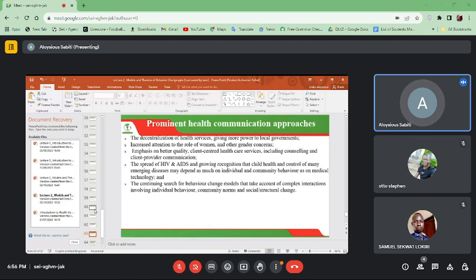So, secondly, let's take account of complex interactions, including those involving individual behavior, community norms, and social structure. Including all the continuous research that has shown behavior change being a subject of interaction of different aspects means that we need an approach of offering people information, and this information can only be offered through communication.